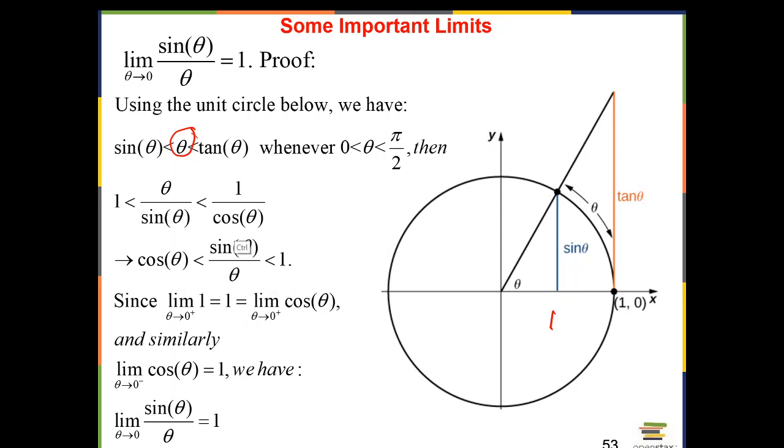So we know that this structure is squeezed between cosine and 1, but what is the limit of cosine when theta approaches 0 from right or from left? It is 1. We can also similarly do the left one on the other side, right? But we get the same result. So that means that by squeeze theorem, we prove that the limit of sine theta over theta equals 1